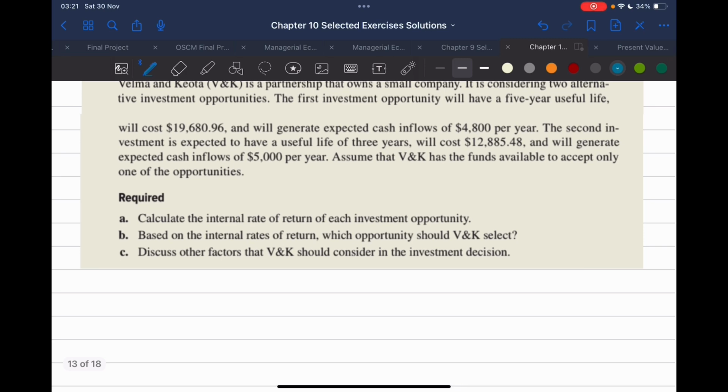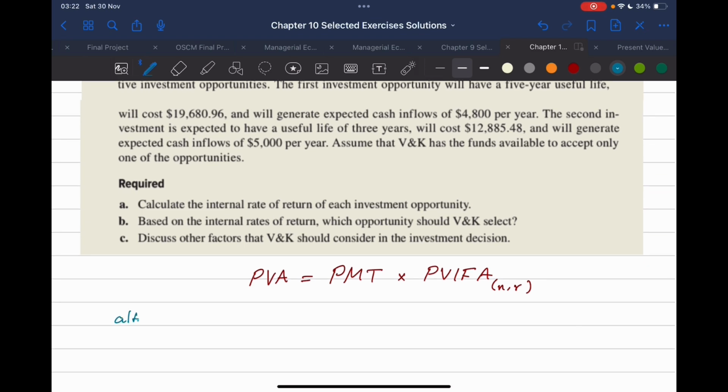Let's write down the information that we know already, keeping in mind the present value of annuity formula, which is present value of annuity equals the payment multiplied by the present value interest factor of annuity for n years and r interest rate or rate of return. For the first alternative,